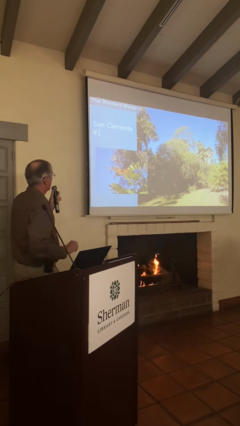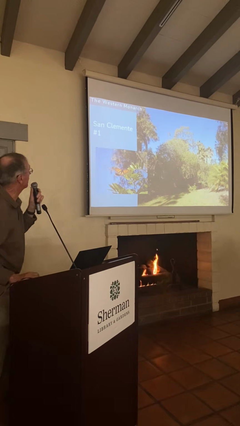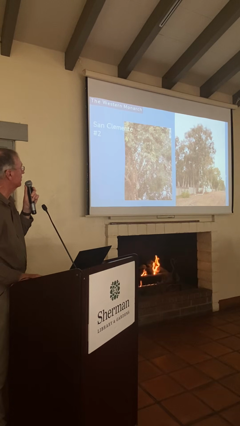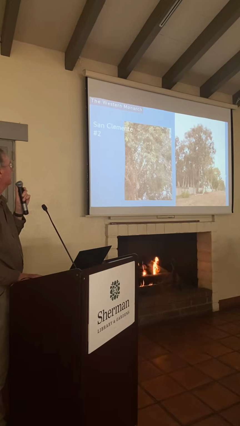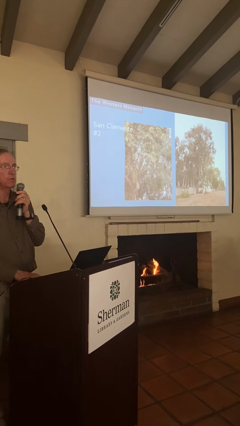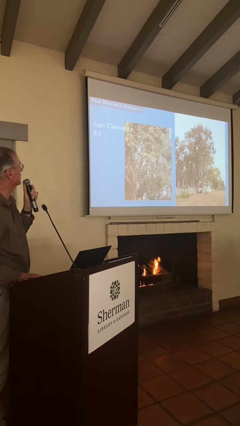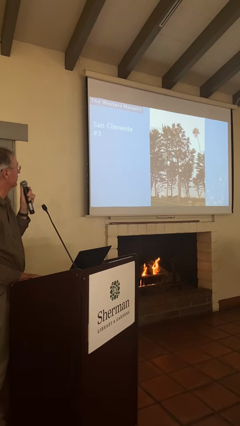Here's one that's a little later in the day, starting to move around. That's another male monarch. Here's a site that I found this year, and I'm trying to get it proclaimed as an 18th site in Orange County. So far, they haven't accepted my offer for that. But if we monitor it for 2 or 3 years and we find monarchs there, it'll probably get added as another overwintering site. This is also in San Clemente, and there's a monarch right there. There were only 3 or 4, but that's not much, not enough to make it an overwintering site.